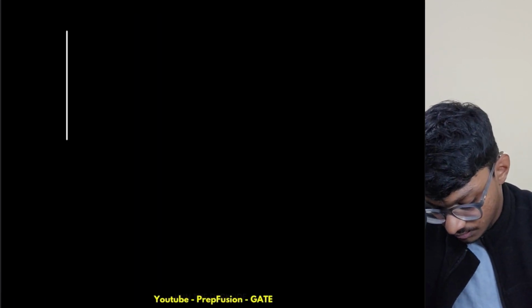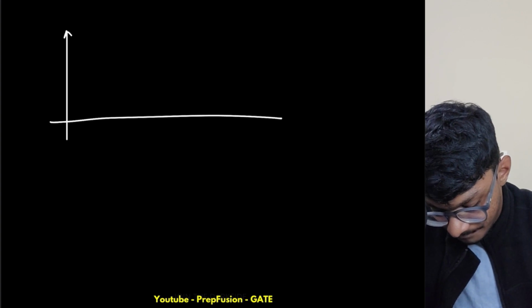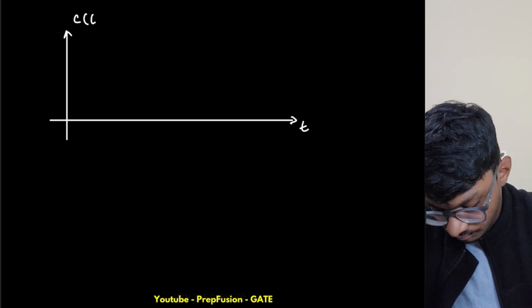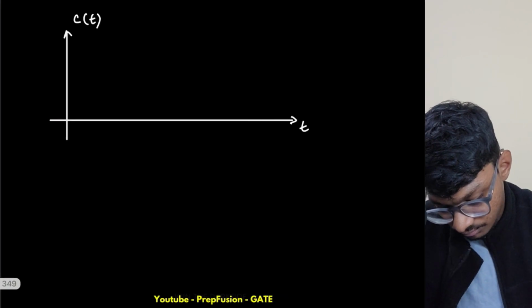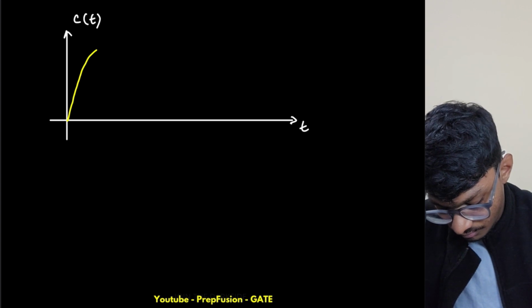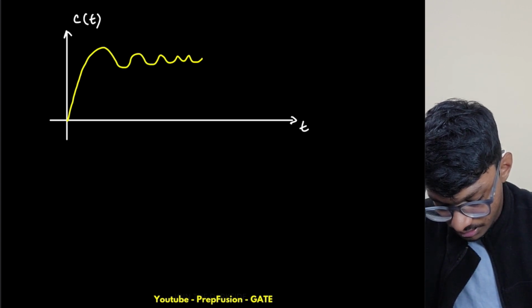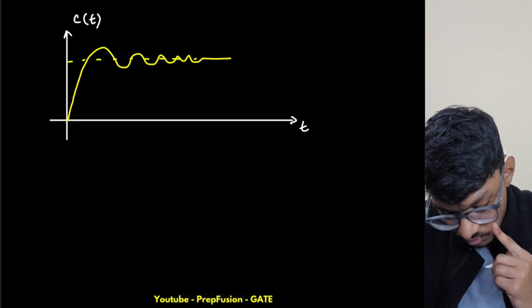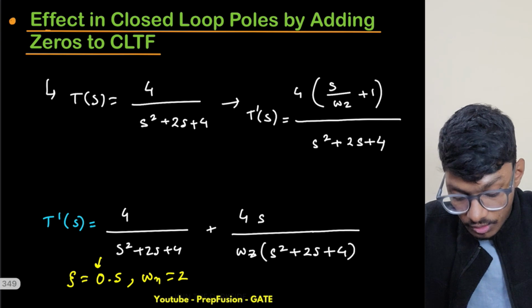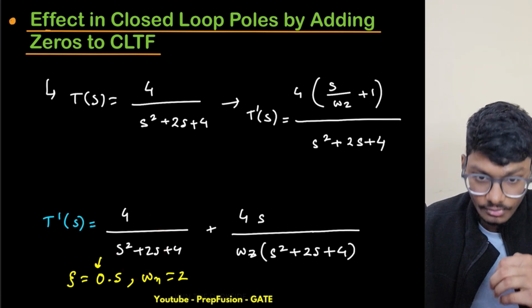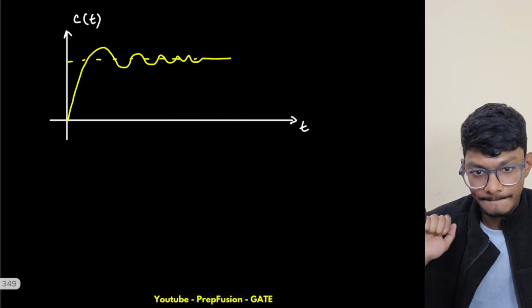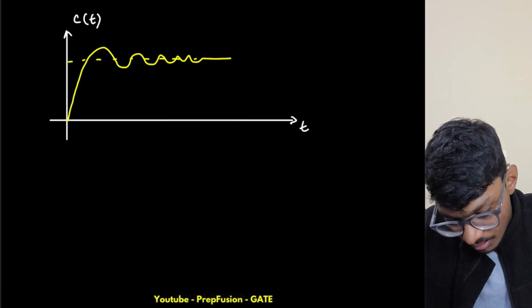Okay, so if I just simply draw the step response, it is underdamped, so it will be something like this. Now again, what will be the differentiation of this? If I do the differentiation again, it will be a similar case to the previous case only. So if my omega z is very high,